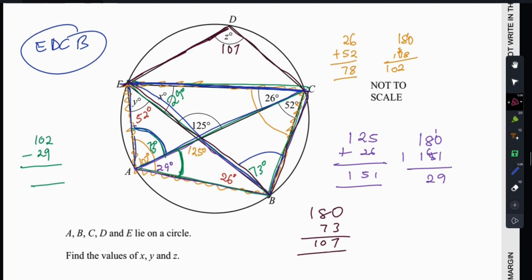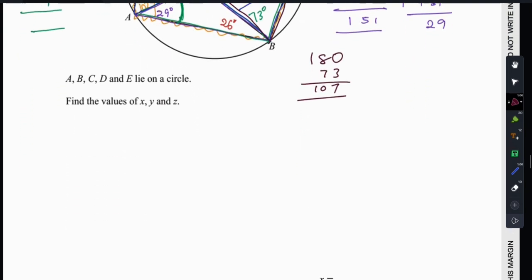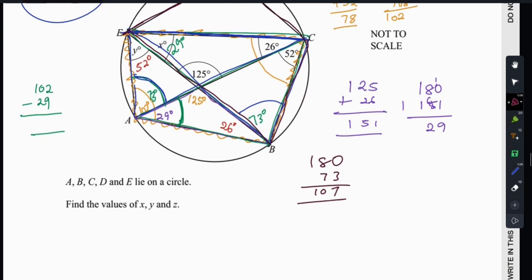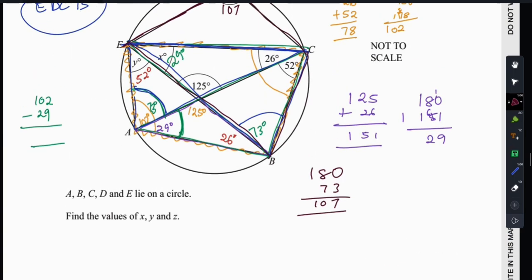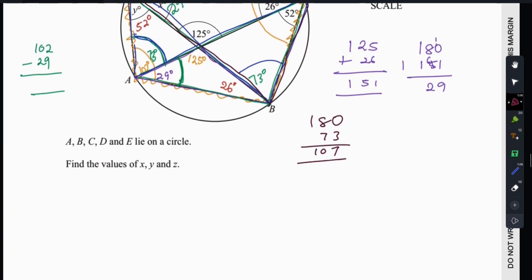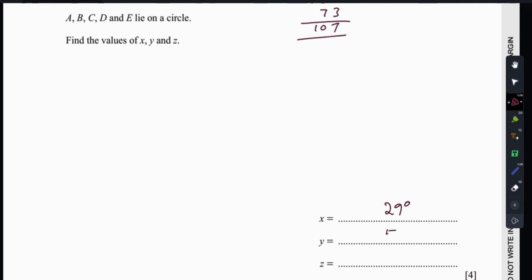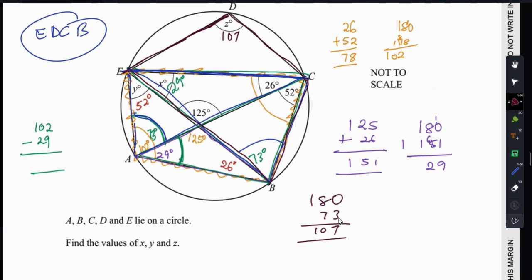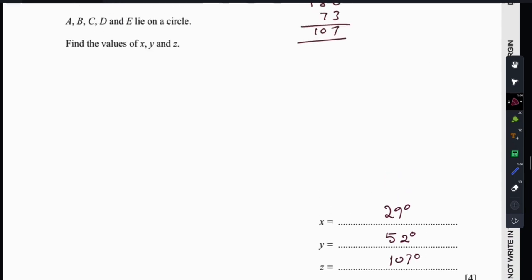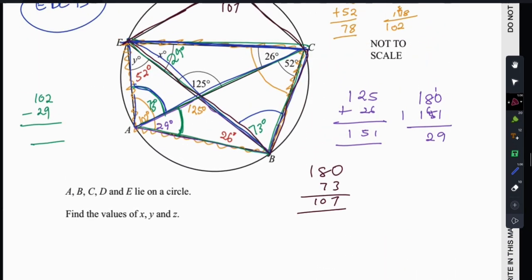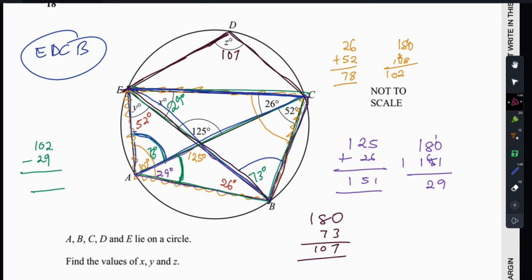I think we found all our angles here. So from here now we can come down and say, what is the value of X? X is 29 degrees. What's the value of Y? You look around, 52 degrees. And then what's the value of Z? It's just 107. So the task, what you need to do